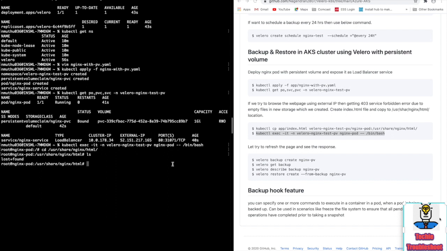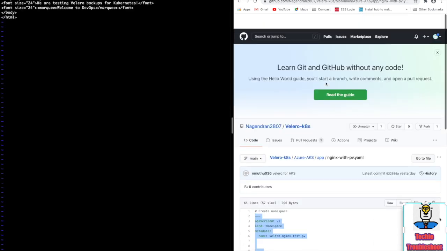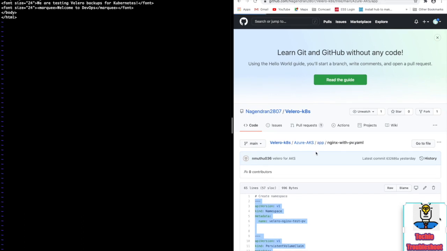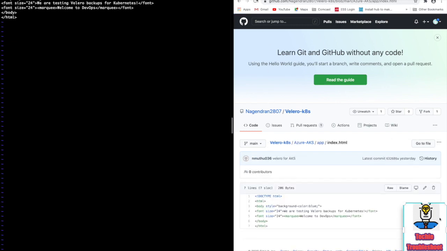So now we are going to create one index.html file locally, and then copy that file to this location. So I have a file. You can check the index.html file here. Sample file testing.